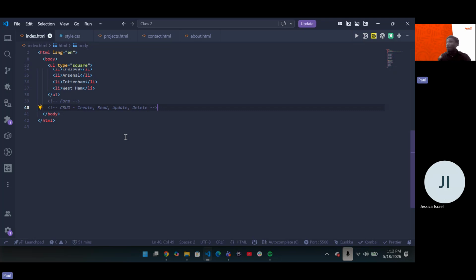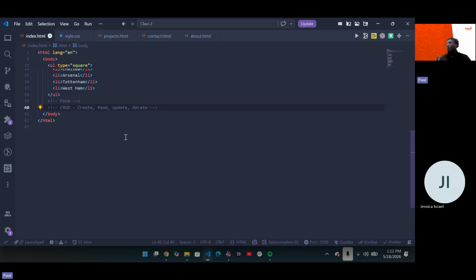Now, what I just explained is basic CRUD. But one thing about CRUD is that it is a very, very important aspect of programming. In fact, as a backend developer, you need to understand CRUD. Some of us are doing backend here. You need to be able to understand what CRUD is and how to even do things like this. And even as a front-end developer, it's also very important for you to have knowledge of what CRUD